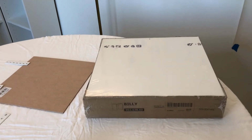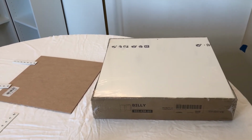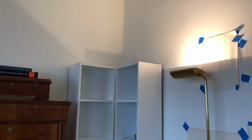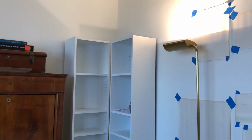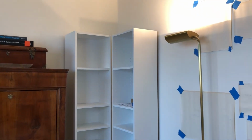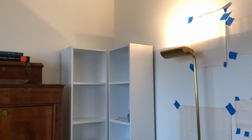We're going to be attaching not one, but two top sections to each of our two Billies, total four top editions. So it is crucial that we anchor these to the walls. That's the scariest part in these plaster walls. So the next step is to stud find